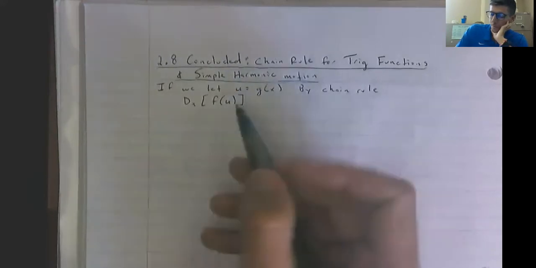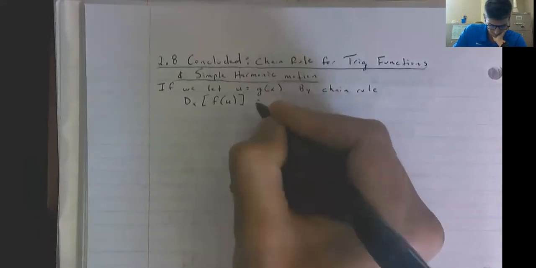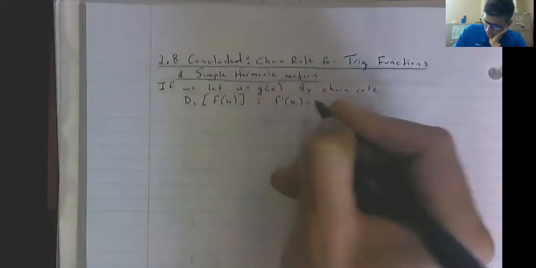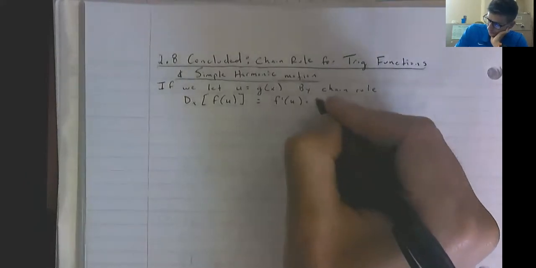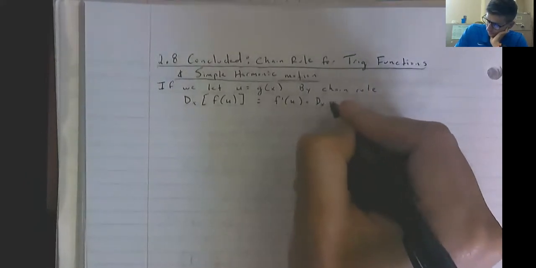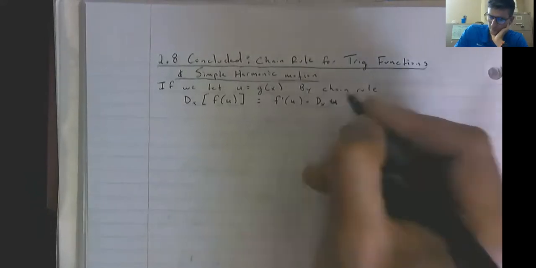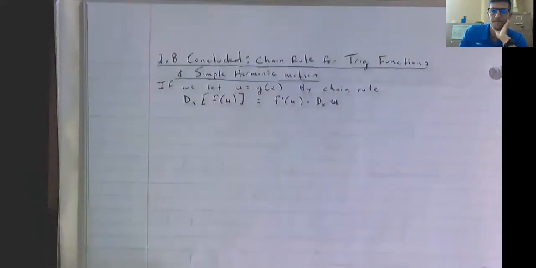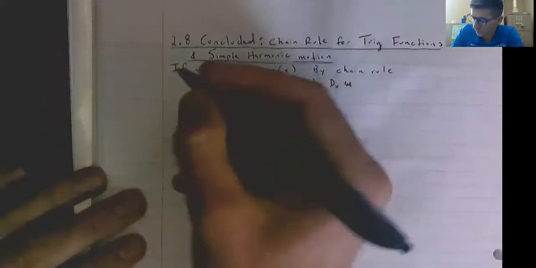This is chain rule. So this is going to be f prime of u, the outer guy, times d/dx of u. That's not a multiple. It's just the derivative of u with respect to x, which leads us directly to